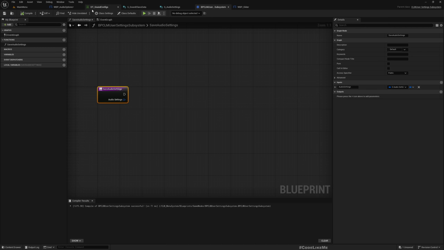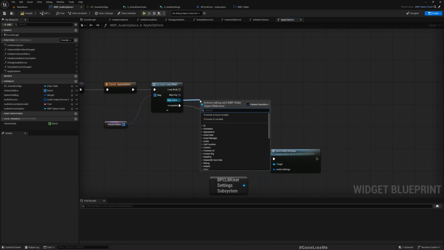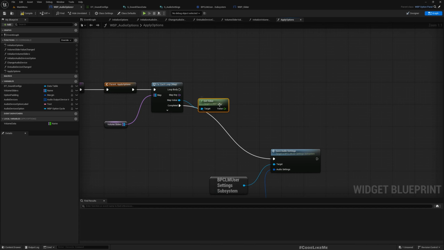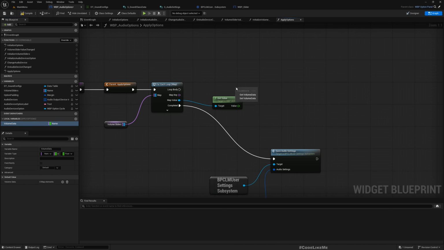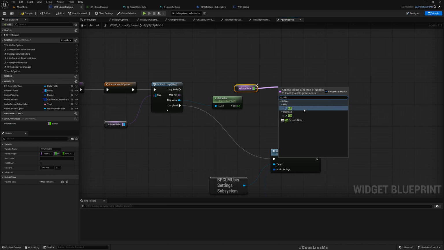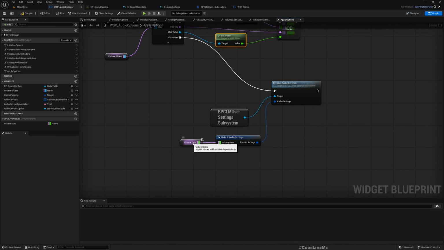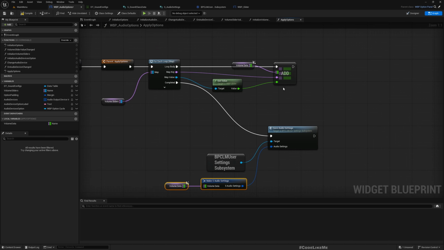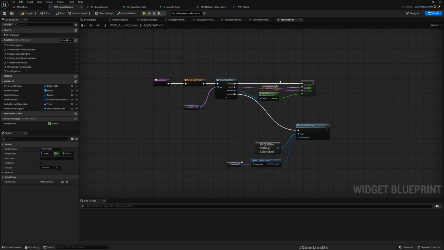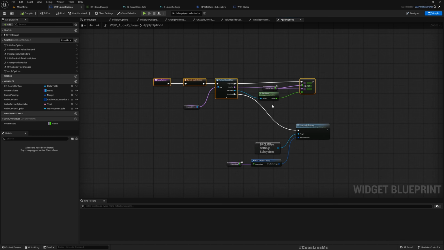Get value. We can get the value from that and add it to volume data. Here we need to pass the name, which is this key, and the value, which is this. And then here we are passing the volume data variable into this structure. Okay,